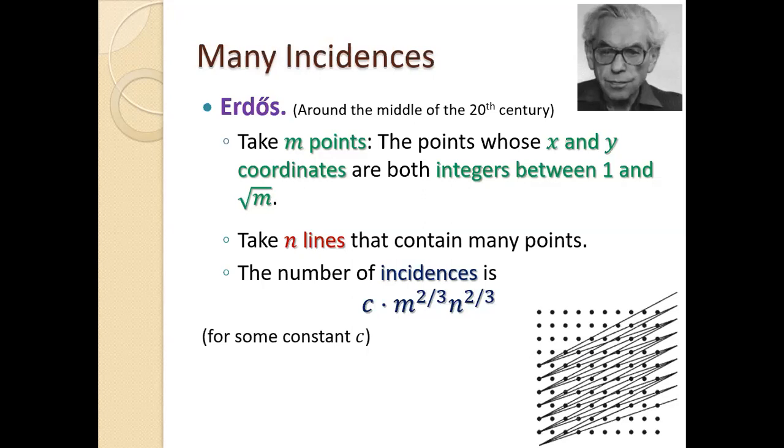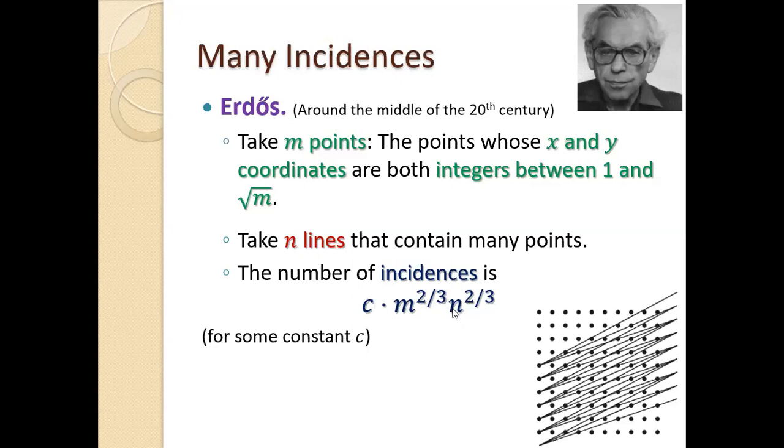And the question is, how do we count that? The easy part is just taking horizontal and vertical lines, but that's not enough. We want a lot more lines. And he found a way to do it using something that's called Euler's tangent function. If you don't know what it is, doesn't matter. Another word that Sylvester coined. And with some calculation, he got to the number of incidences is some small constant times number of points to the 2/3, number of lines to the 2/3.